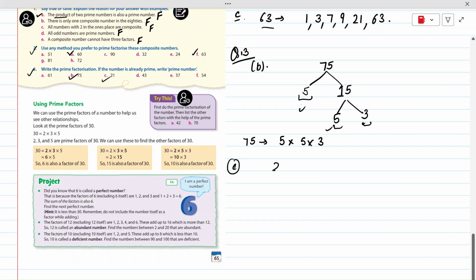This is the B part. Now I am picking the C part here. C part says 21. So 21 has two factors, 7 and 3, and both of these are prime numbers. We cannot break them further. So 7 and 3 are the factors of 21. Okay, so this is how, kids, we have to do these questions, and the rest of the questions you can pick as homework. They're easy. So this is all about the prime factorization method, and next we have